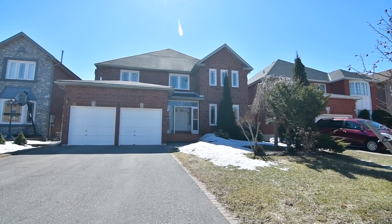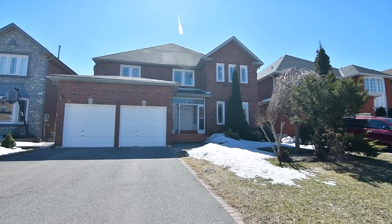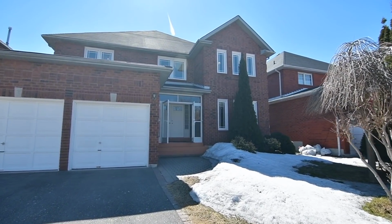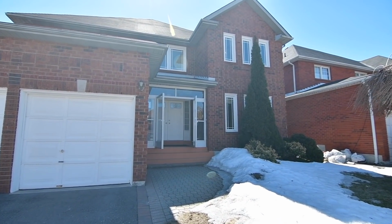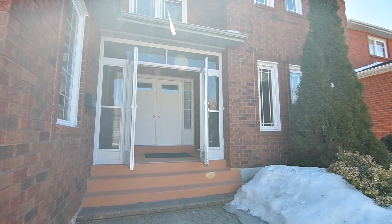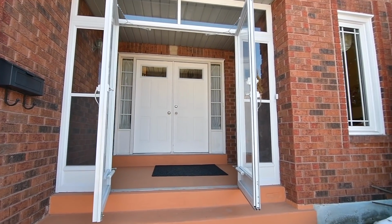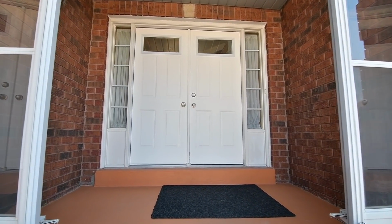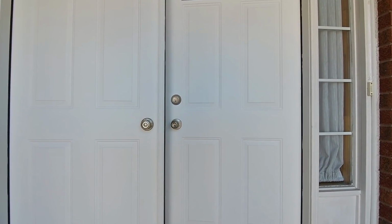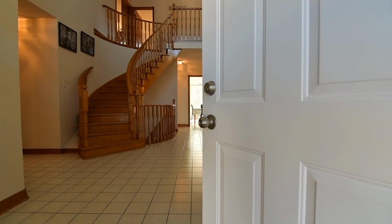Welcome to 76 Dalmation Crescent, a wonderful 4-bedroom executive home situated within the highly desirable Highland Creek neighbourhood of Toronto. Featuring a brick exterior, a double-car garage with additional driveway parking for up to 4 vehicles, as well as an interlocking walkway to an enclosed front entrance, this home has been well maintained by the original owner and offers just